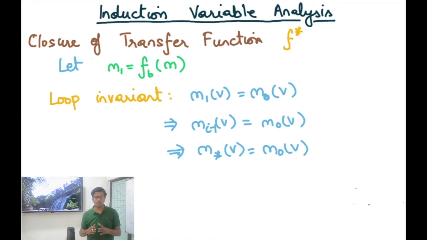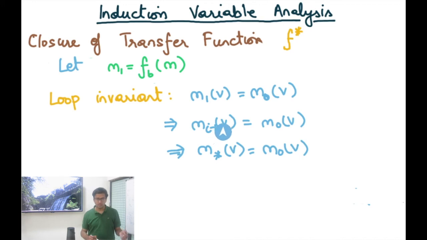Well, once again, it's not going to be something unexpected. If I have m1v equals m0v, so the iteration of one loop basically preserves the value of a variable v, then even after i minus 1 iterations, I'm going to get m_{i-1}v equals m0v. So I'm using the subscript to represent how many iterations have elapsed. So if after one iteration the expression for the variable is identical, then after i minus 1 iterations also the expression for the variable would be identical.